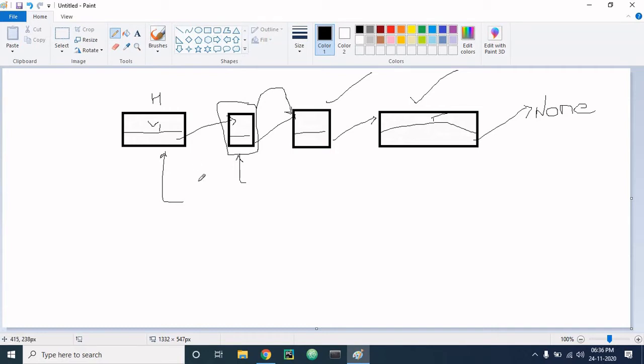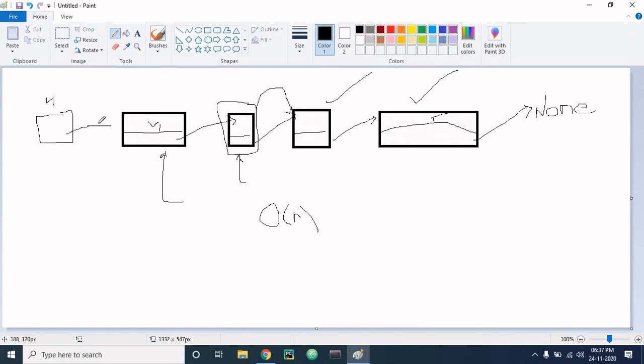So the advantages of a linked list: an operation like lookup is O of n, and appending a new node to it is O of 1, the same as an array. But prepending a node, if I want to prepend a node here, then I will make the node in front of it the head.